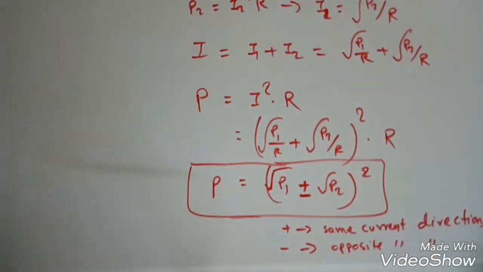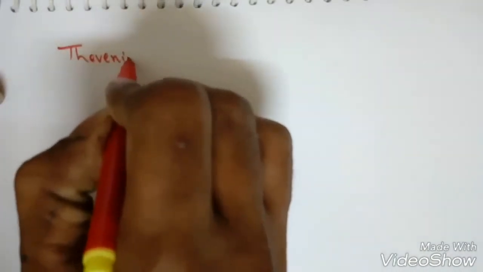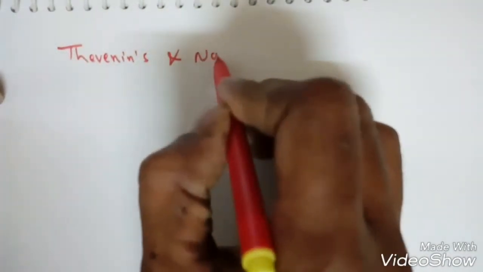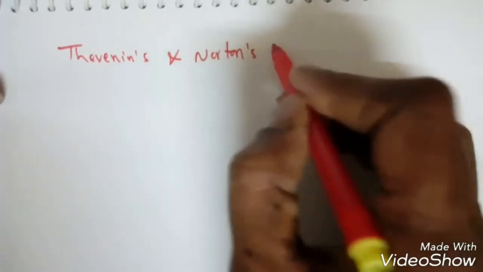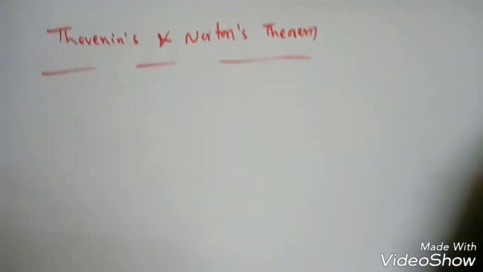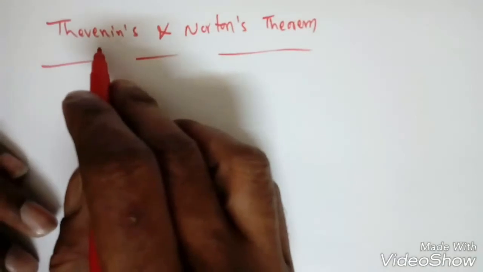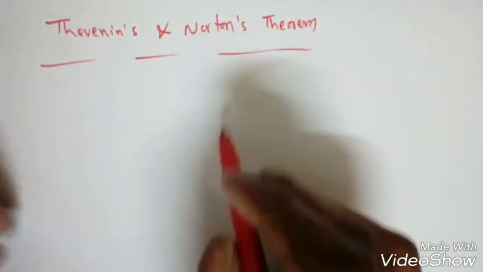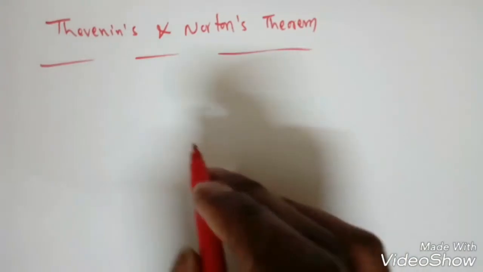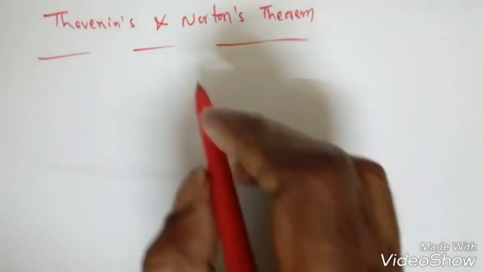Now we will see now the two important theorems again, the Norton and Thevenin's theorem, Thevenin's and Norton's theorem, right? So this is a dual, one is dual of another, right? Now if I know that Thevenin's theorem, then or Thevenin equivalent circuit, then I can know the Norton's equivalent circuit also, right? So in any given network, suppose we are having so many independent sources, so many dependent sources, something